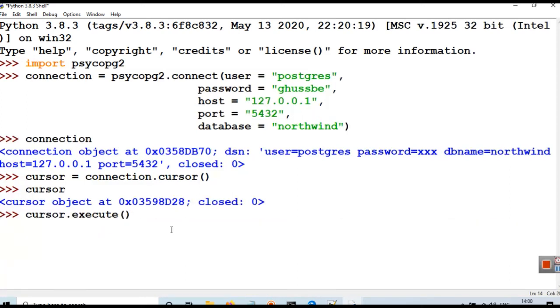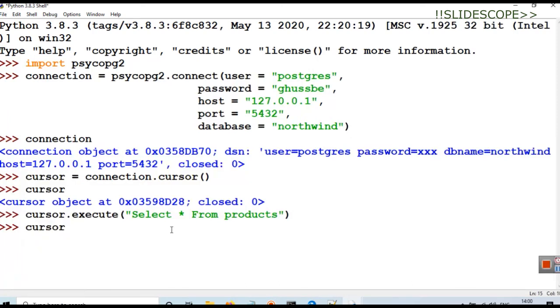In the execute method you actually have to type your SQL commands. So let's say we want to select star from products. We want to fetch all the data from products, and now you can see this command is executed. We have not received any error here.